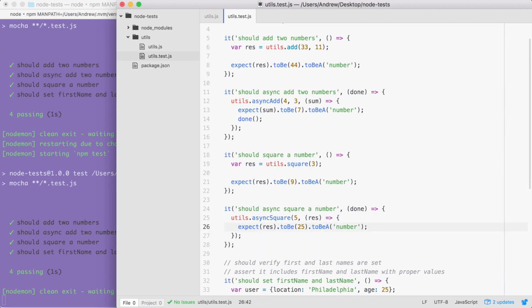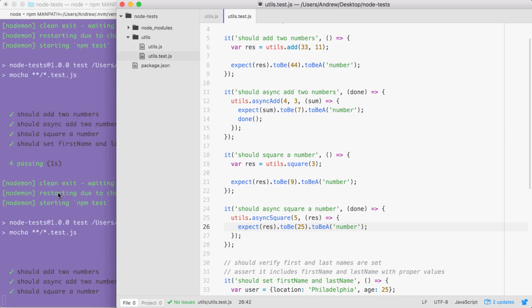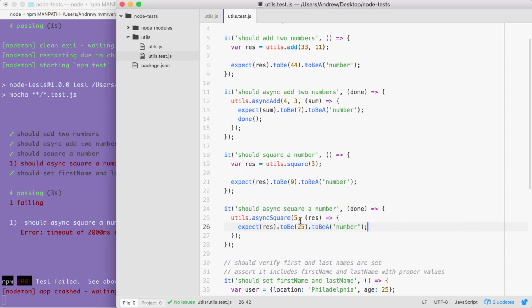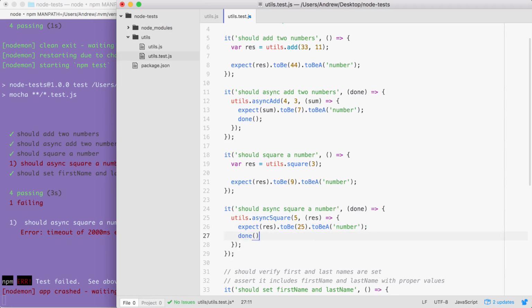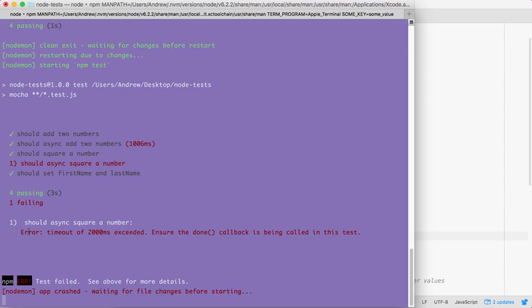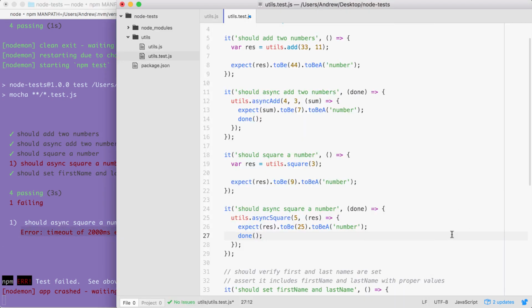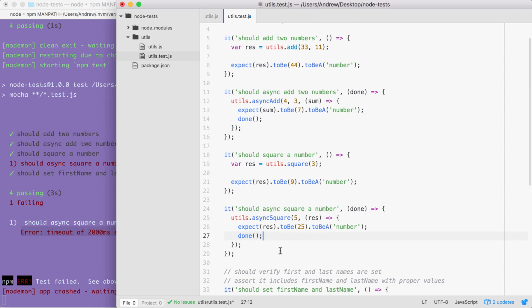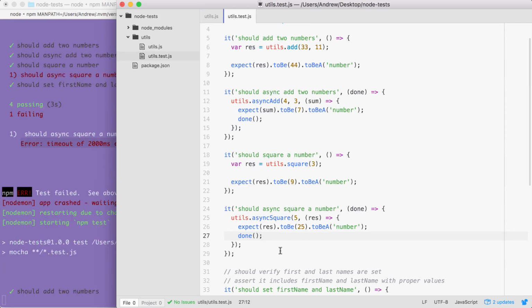You might find that every once in a while, you're going to get an error like this over inside of the terminal. You're going to get an error: timeout of 2000 milliseconds exceeded. This is when Mocha cuts off your test. If you see this, this usually means two things. One, you have an async function that never actually calls the callback, so your call to done never gets fired. Or two, you just never called done, in which case you can put done right here. If you see this message, it usually means there's a small typo somewhere in the async function. Don't worry, it's super easy to overcome. Either fix things over in the method itself by making sure the callback is called, or fix things over in the test by calling done, and when you save the file, you should now see all of your tests are